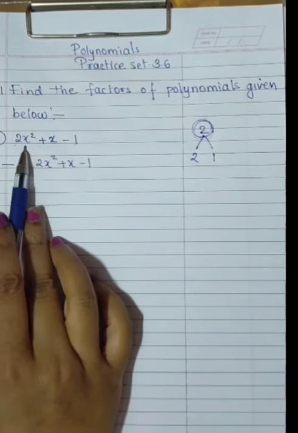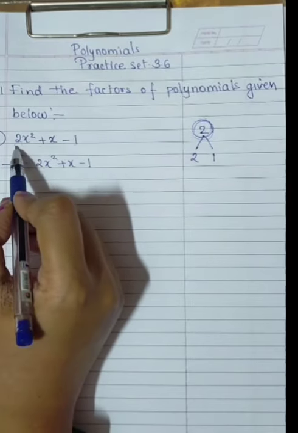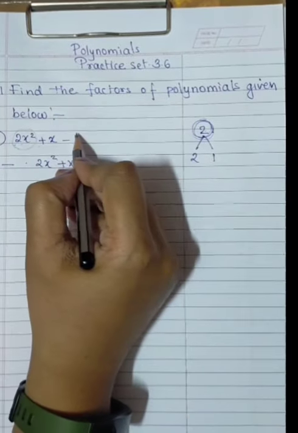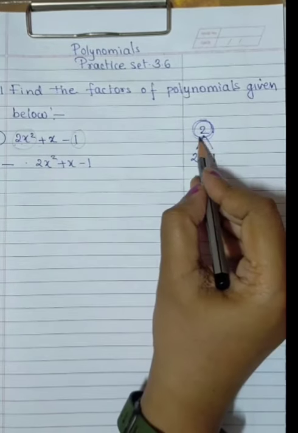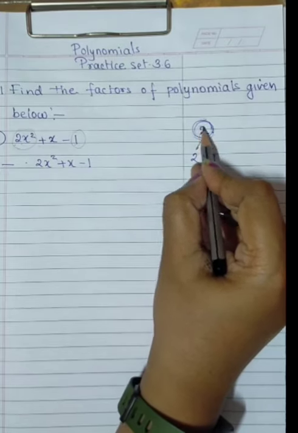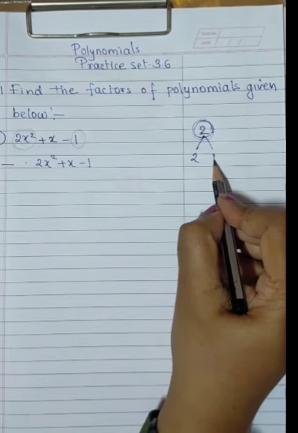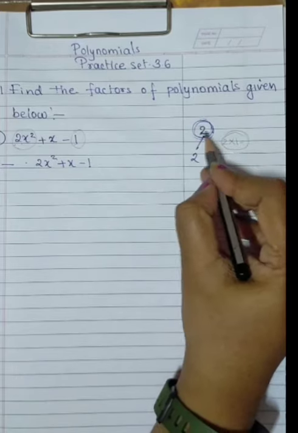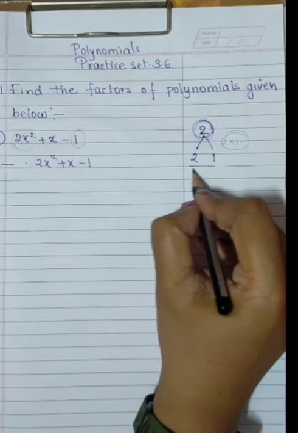See, this is the equation 2x square plus x minus 1. Okay. Now here we have to multiply the first term with the last one. When we multiply these both, we'll get 2. Okay, when we are getting 2, this number, we have to find the multiple of this. For example, 2 ones are 2. Okay, in other tables it will not come. The 2 will not come in other tables. It will come only in the table of 2 itself.